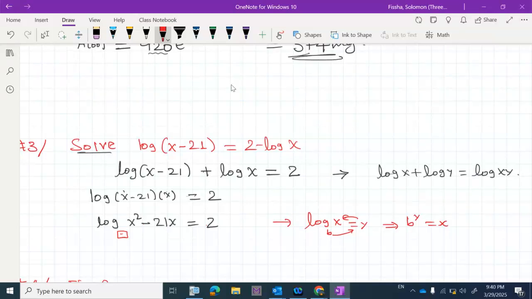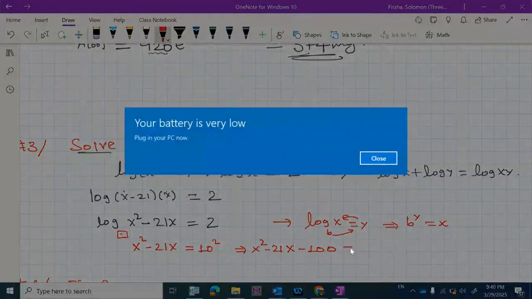So that means x squared minus 21x equals 10 to the power of 2, which is 100, obviously. So this will give me x squared minus 21x equals 100, and then when I move it to the left side, it's going to be minus 100 equals